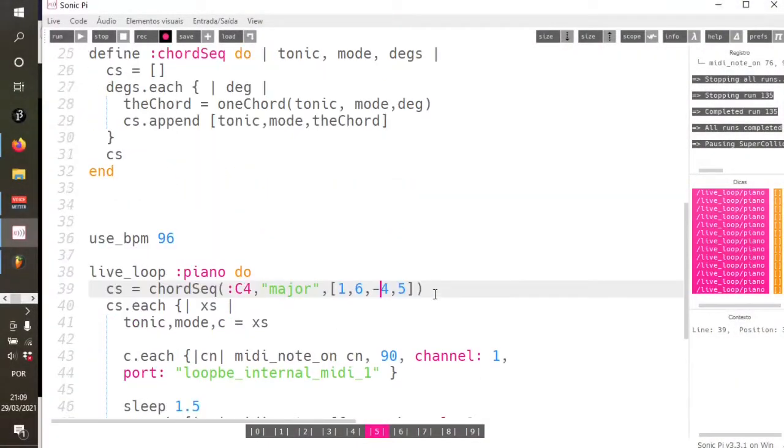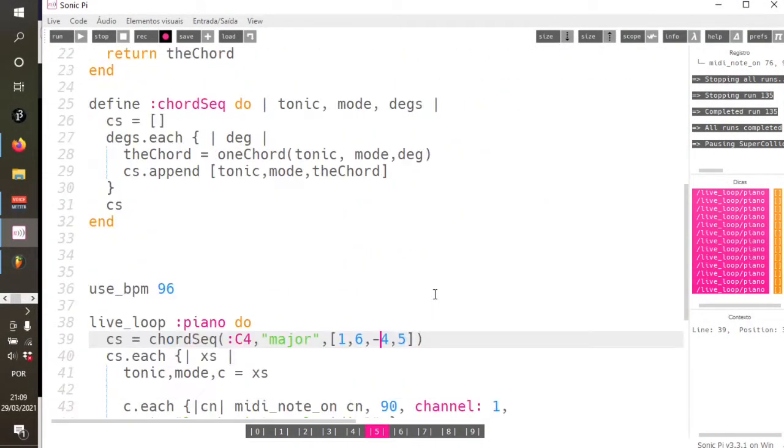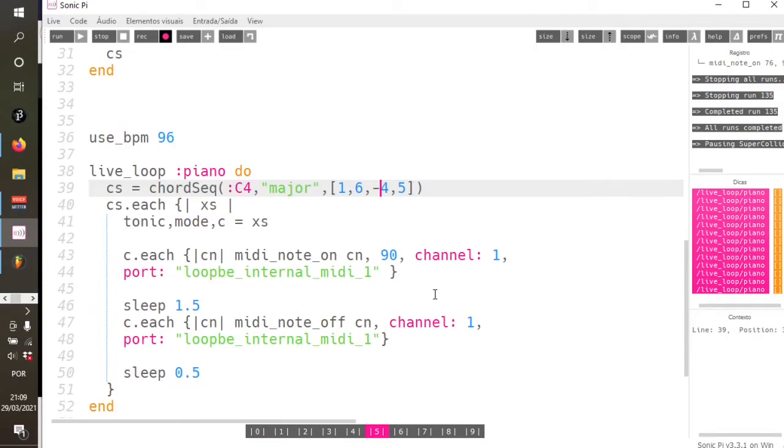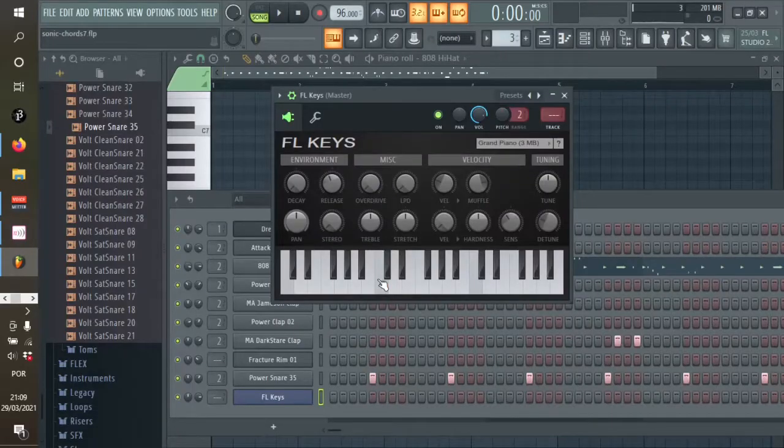So the next trick we are going to do is add secondary dominants to this. So what's a secondary dominant? If you remember yesterday, we talked about the degrees. We have 2, 3, 4, 5, 6, 7. The dominant is the fifth, 1, 2, 3, 4, 5. So in the key of C, it's G. G is the dominant, and a chord on the dominant kind of wants to go back to the tonic,